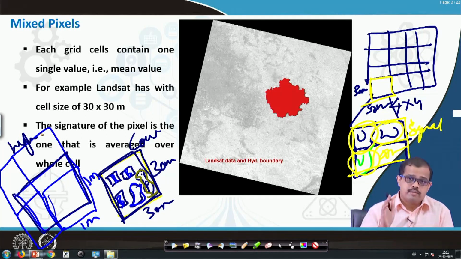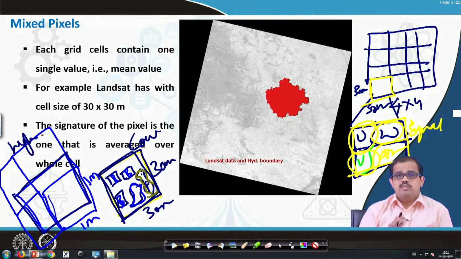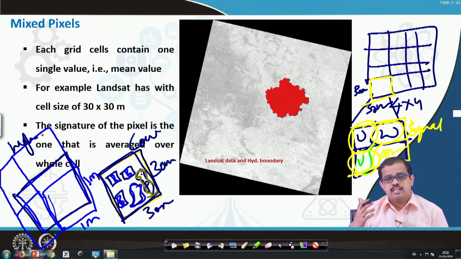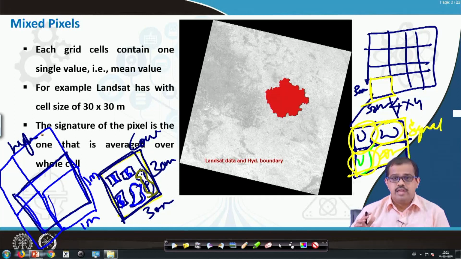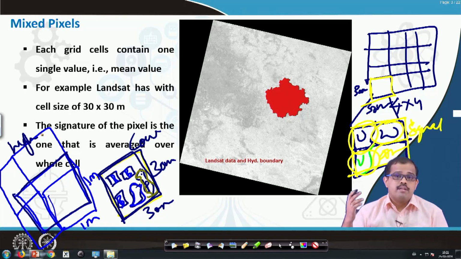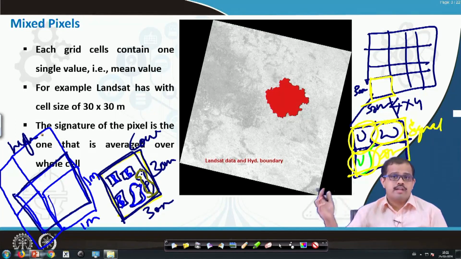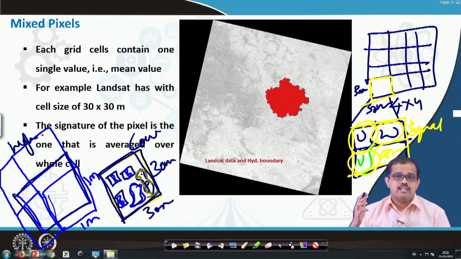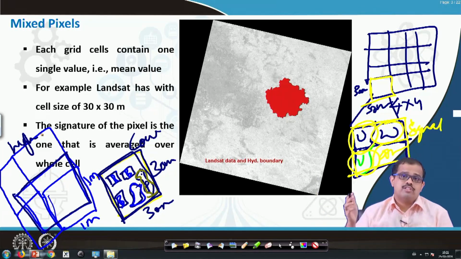Always when you are saying some data is high resolution, please refer to what reference you are saying. For me, high resolution may be 30 centimeter data or 20 centimeter data. For someone who does not have access to data, 1 meter or 5 meter data may be the very high resolution that he or she can get. For some people 30 meter may be very high resolution, but compared to what? Compared to 500 meter or 1 kilometer, 30 meter is a very high resolution that he or she may have access to, or 5 meter is very high resolution when compared to 100 meter or 500 meter data that he or she may have access to.